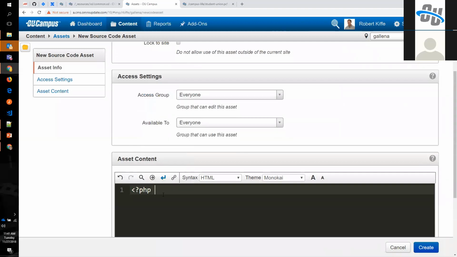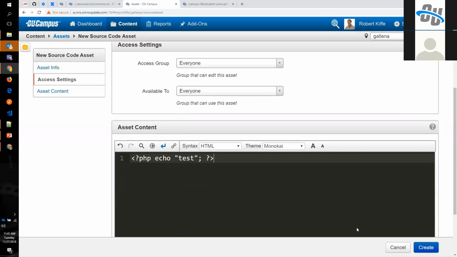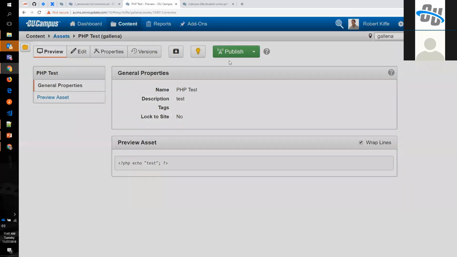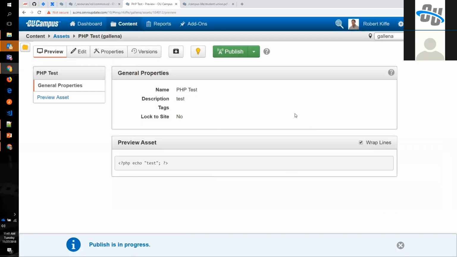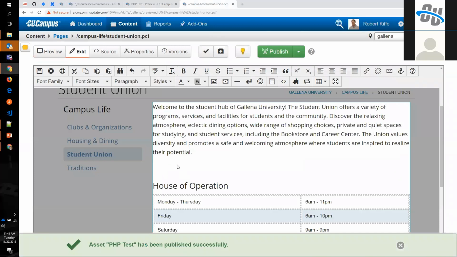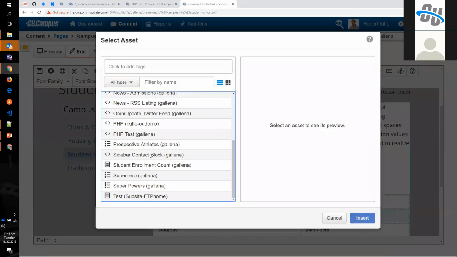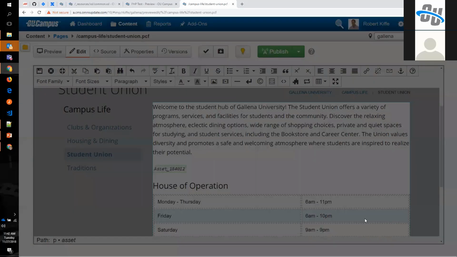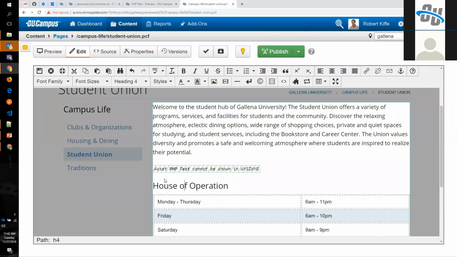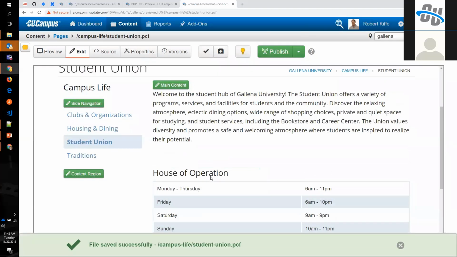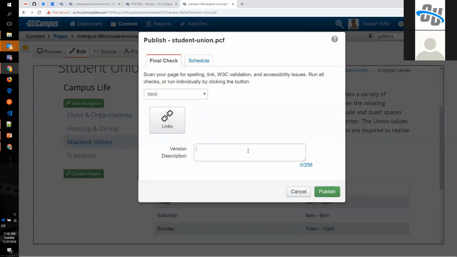And then you can come in and add this in this way. Okay, so I create that, it's all good, and publish it just so that it's available to me. Now I can come back to my editable region, go to insert asset, and find my PHP test. Okay, and now it's protected. It's in a spot where it's still visible in the WYSIWYG, but it's not going to be easily overwritten. It's not going to show anything in preview, because remember, we don't process the server-side code in OU Campus. But if we publish it